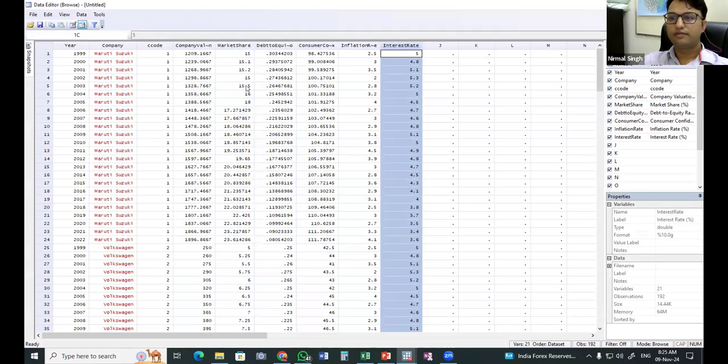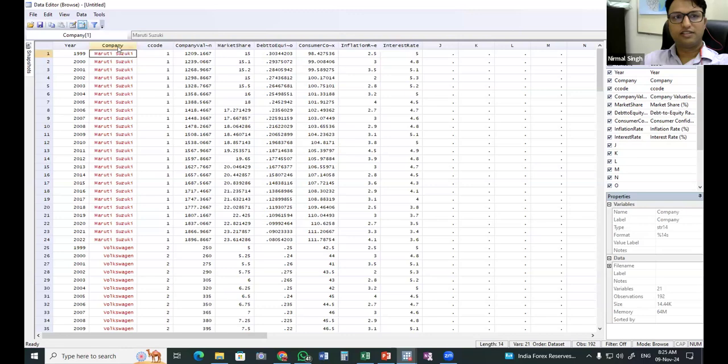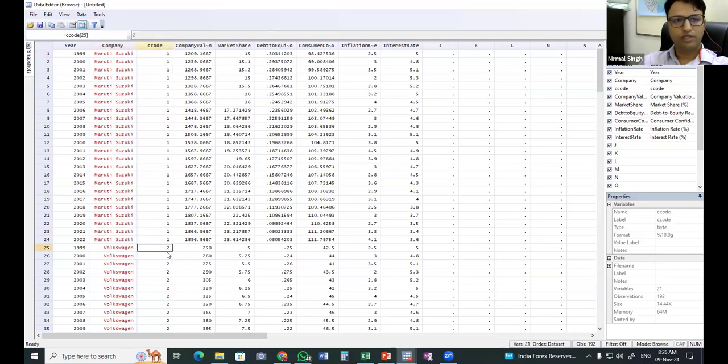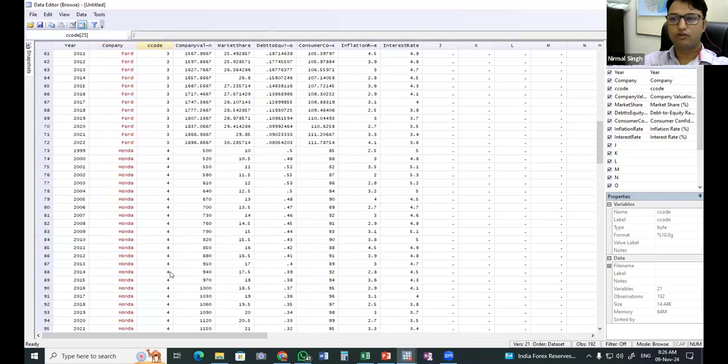Company name is a string variable, not numerical, so Stata can't differentiate it. So I have given a company code, C code, so that it can distinguish that one means Maruti Suzuki, two means Volkswagen, and similarly I have given codes to different companies.